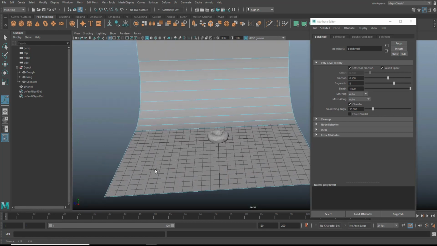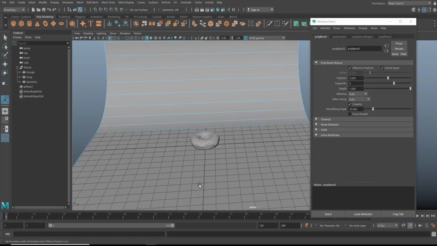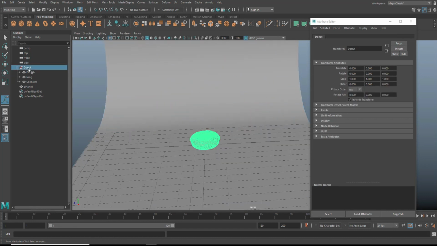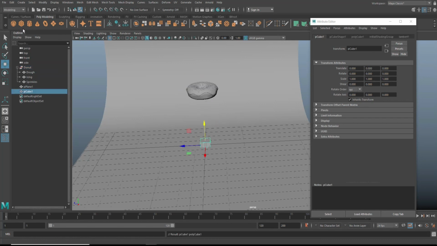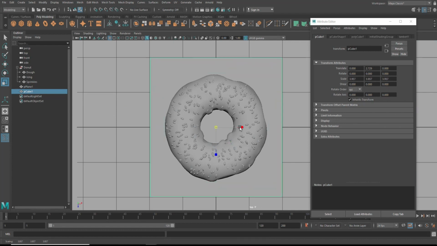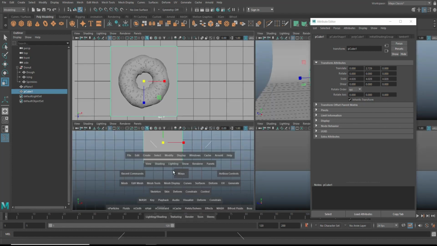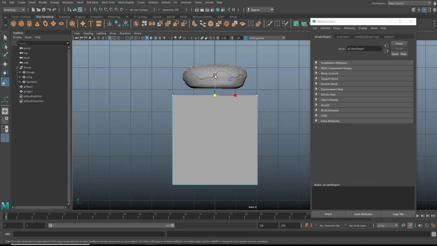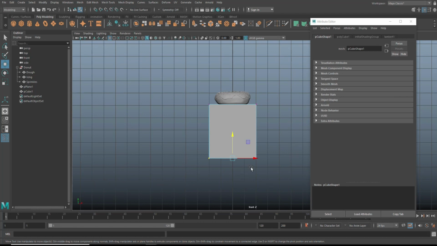And then we have to decide whether we want to have our donut lying on the floor, which is not typical for food, or do we want some kind of pedestal or something, right? So I'm going to take my donut. I'm just going to hit W, move that up, and I'm going to create a cube. And we're going to use that as a stand, right? So let's scale that up a little bit. Let's check it from the top. Let's see how big it should be. This would be about right. Yeah. Then we're going to go in here and make sure that the height's correct. So we're going to select these vertices, hit W, move that up like this. And then we're going to bring this down to the floor like this.